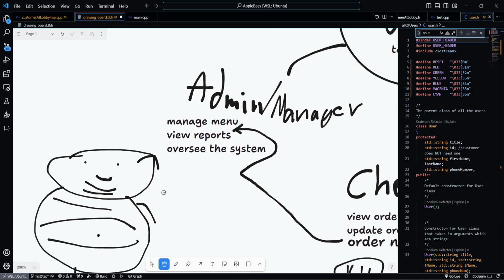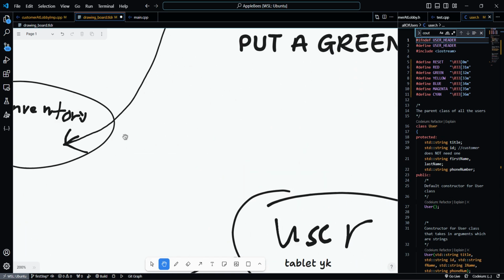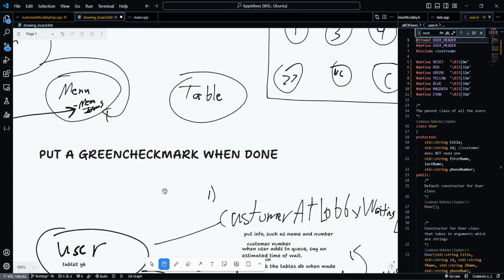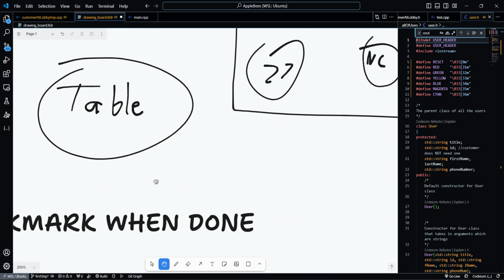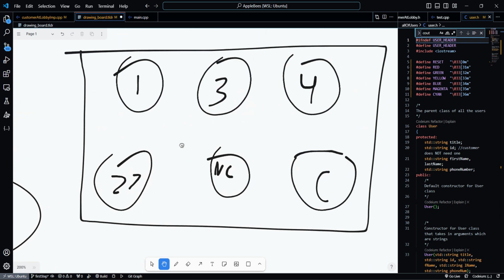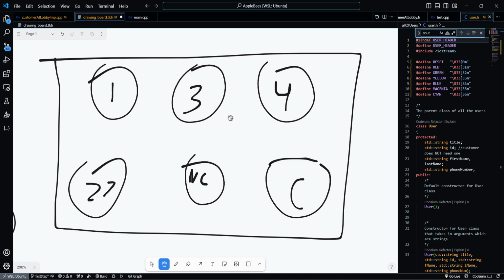Yeah. Manager. Admin slash manager. So and then let's go check the other one. So table, well, I was thinking, so it's gonna look like something like this. I'm probably gonna do a view table and the terminal will look like this, like one, three, four. It's probably gonna be like a 2D array